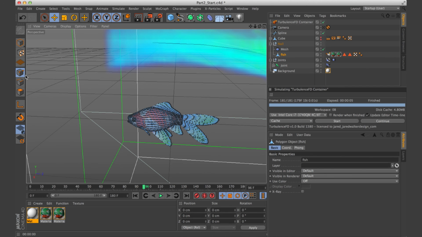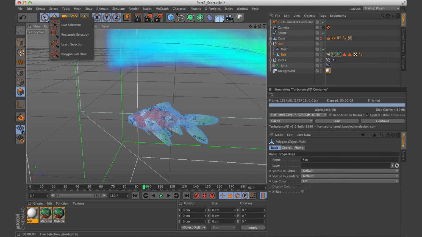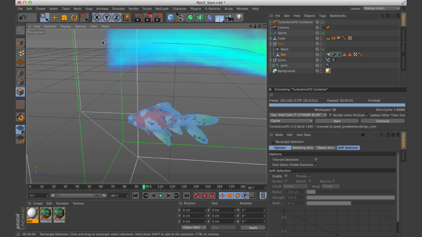And so if we go into polygon mode, so we can select the different polygons, and then use our rectangle selection tool, and then uncheck only select visible elements. And then what we're going to do is select maybe just the back part of the fish.